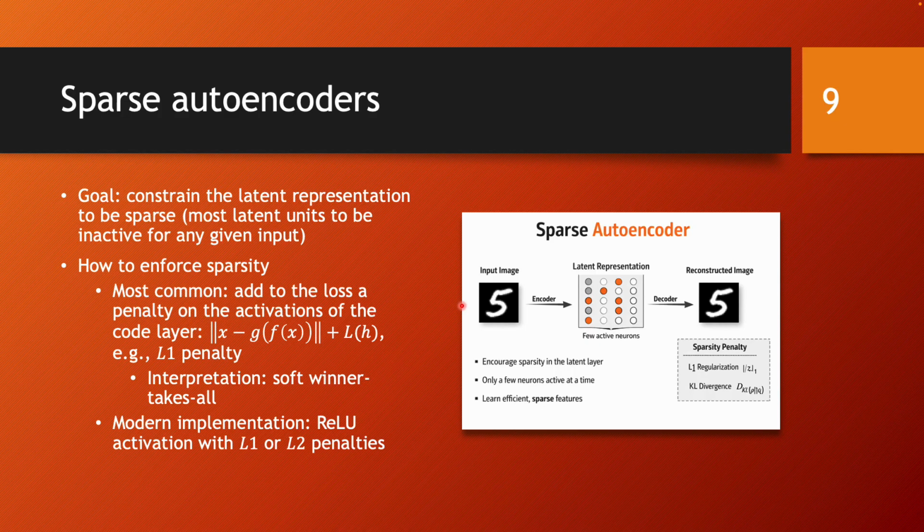So if I take first the idea of the sparse encoders, the goal here is that you would like to constrain the latent representation to be sparse in terms of the most latent units to be inactive for any given input. And so the question, in terms of mathematical optimization, how to enforce sparsity, the most common approach is that you are adding to the loss